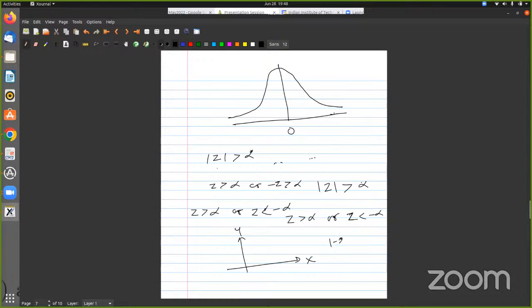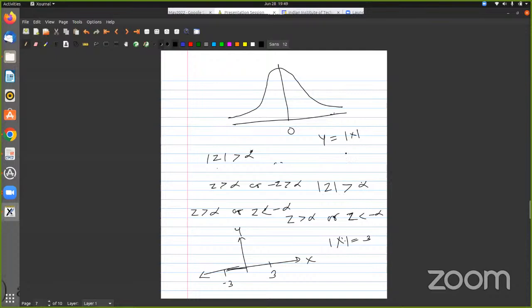Let's say mod of x equals 3. What does that mean? What is the interpretation of x equal to 3 and minus x equal to 3? So if I say y is equal to mod of x,